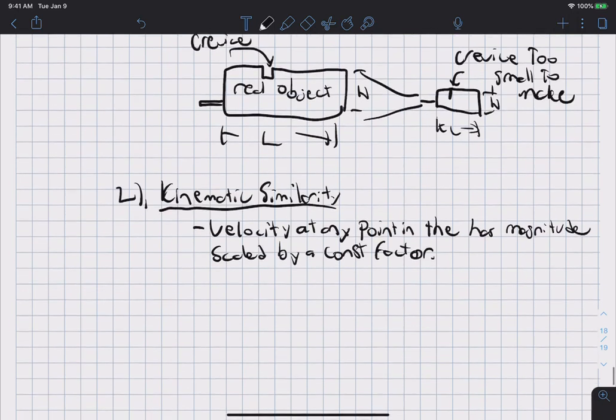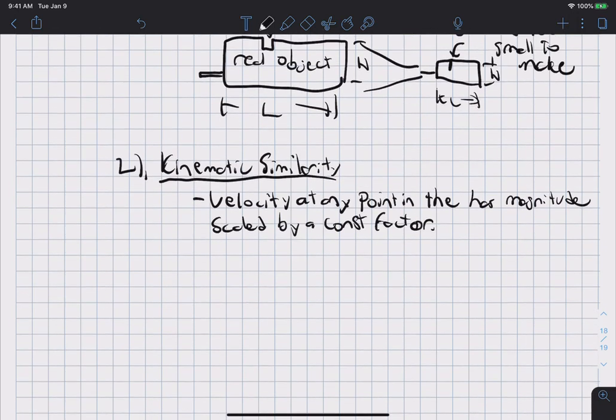Okay, so basically what that means is that if I have, say, the streamlines over a circle,